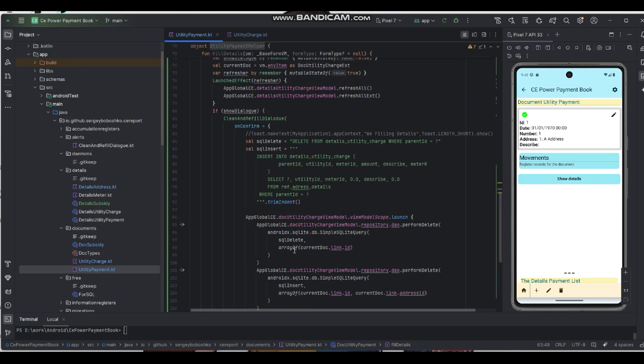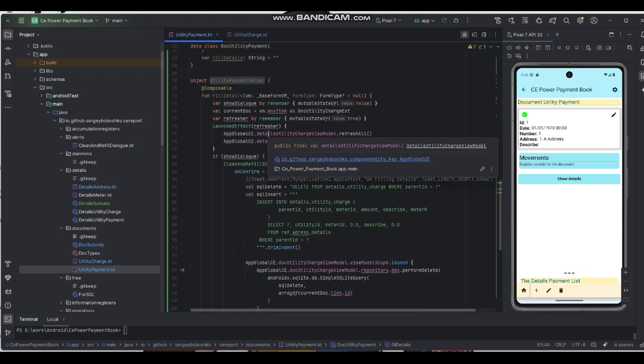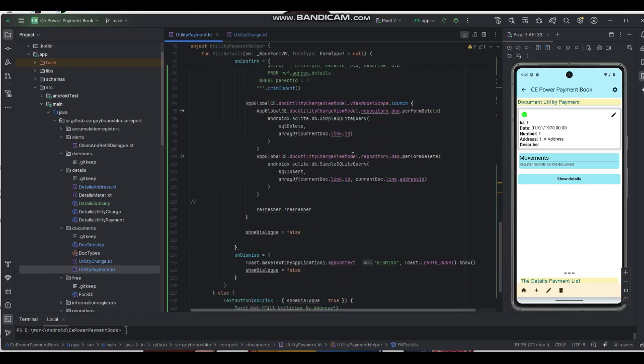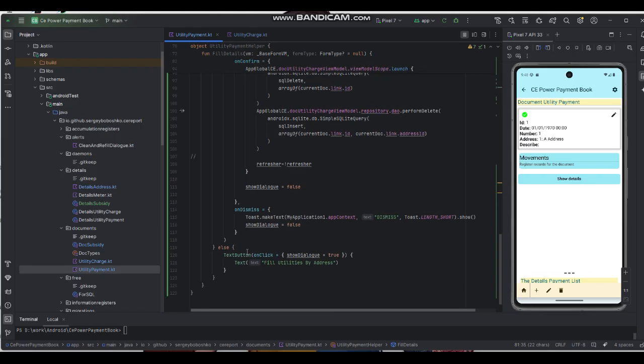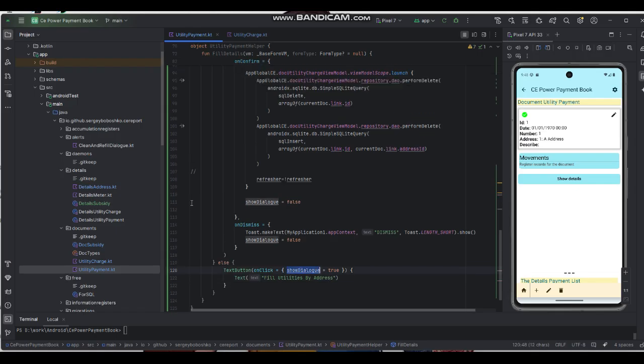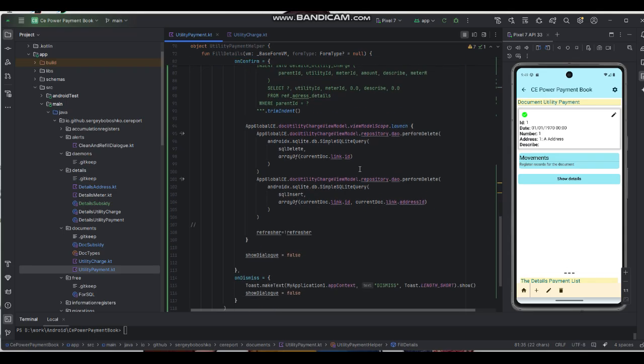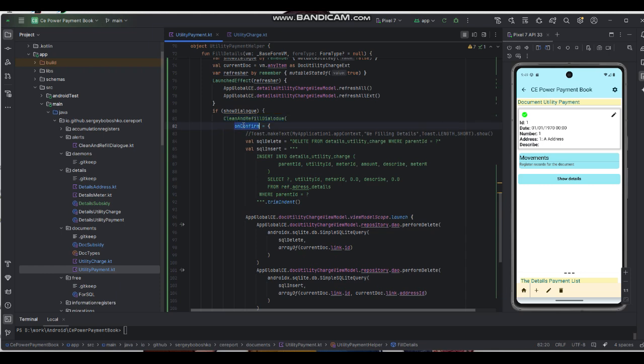it will do some. Where is the button? Where is the button dialog? We have a text button, and when we press this text button, fill utilities by address, we just change show dialog, then we show this dialog that asks us whether we really want to refill this details part, and when we confirm, we do some object or some SQL query, and